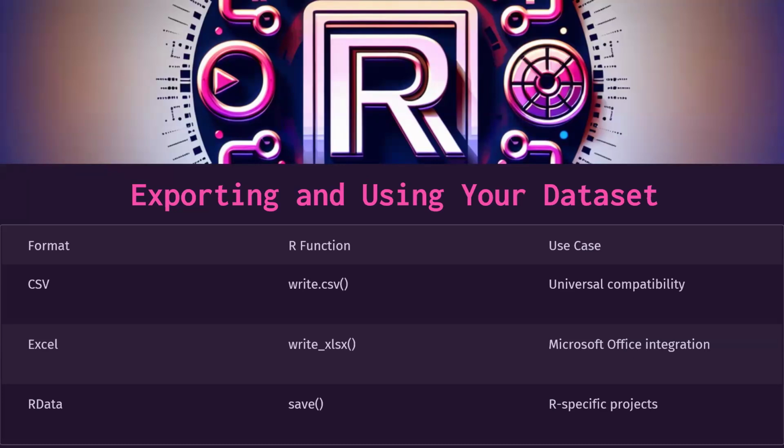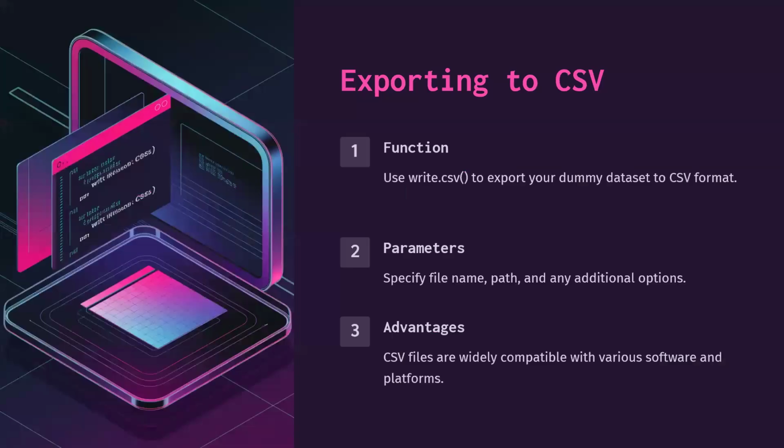One of the best practices is to learn how to save in R, so that you will know how to access some specific projects. This is what I did, and I will also show it to you. Now let's start. When we want to export to CSV, we use the function write.csv,